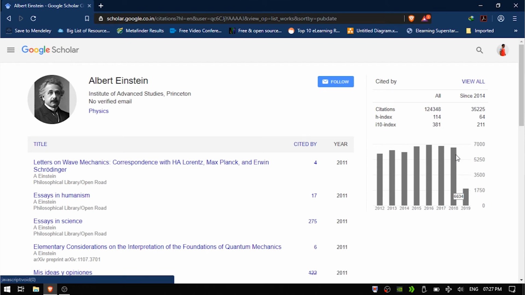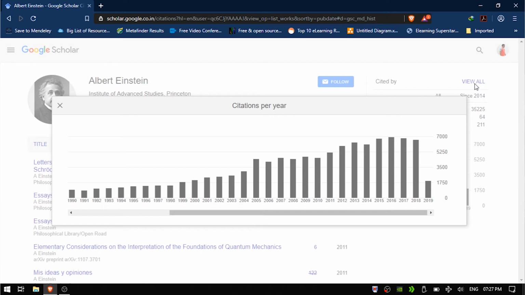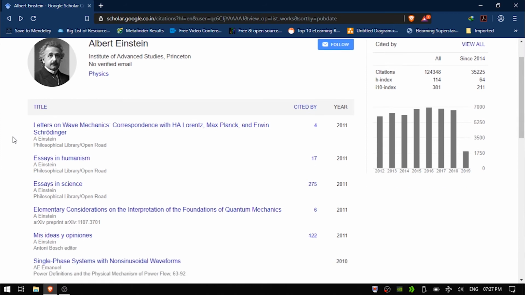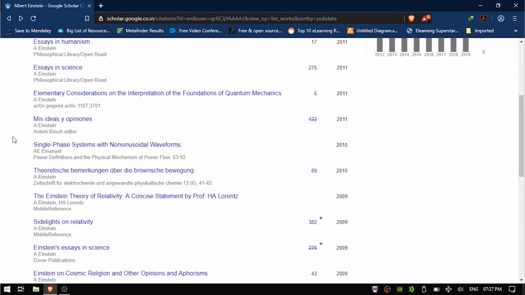Now, let us see the view all. So, you can have this clear picture in this bar diagram in which you will get the year-wise citations per year since 1990.